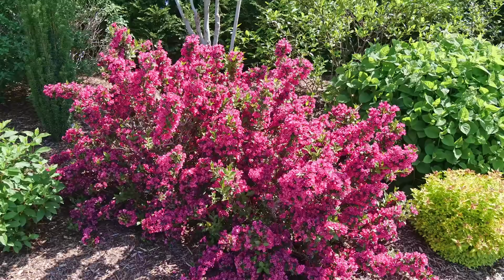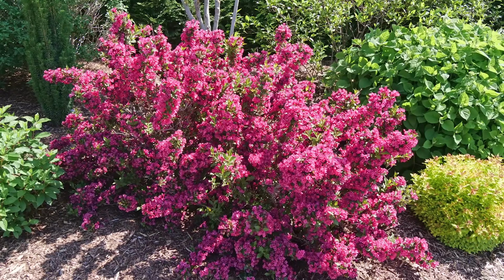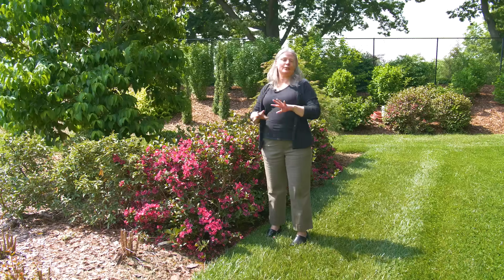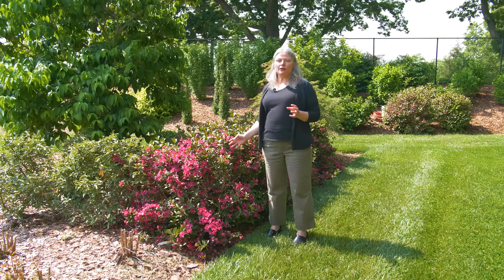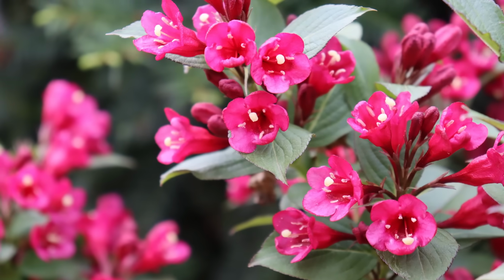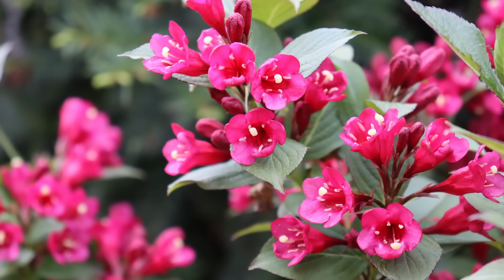And in a few weeks, say probably mid to late July, this is going to come roaring back, and it's almost as powerful a rebloom as the spring bloom was. So Sonic Bloom Punch Weigela will rebloom like this without any need to prune or trim it. It's a very, very low maintenance plant. And one of the things I love about this is the flower color is just so vivid, hence the punch name. I don't know that there are any other Weigela that have a flower color quite this bright and beautiful